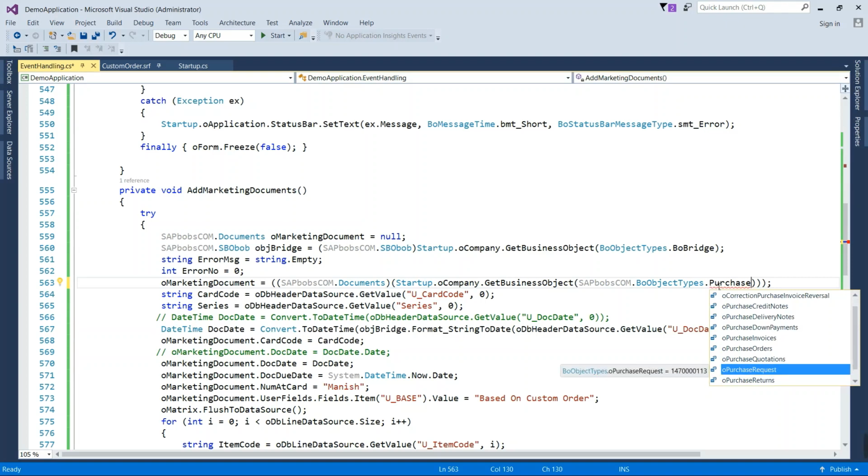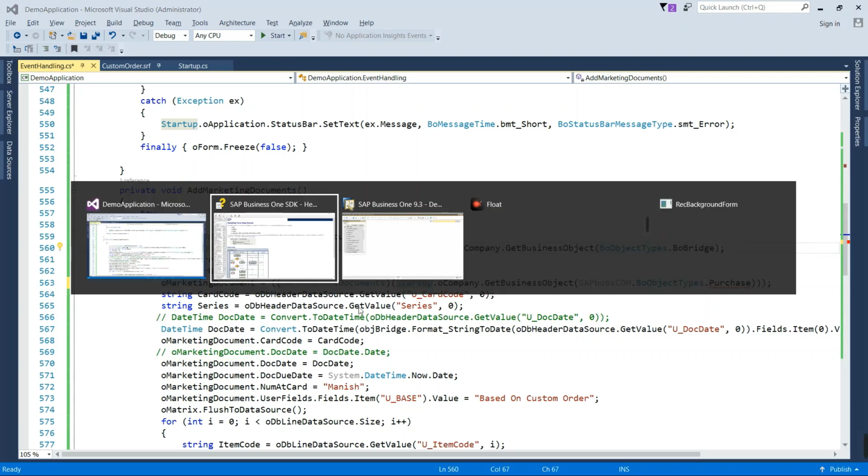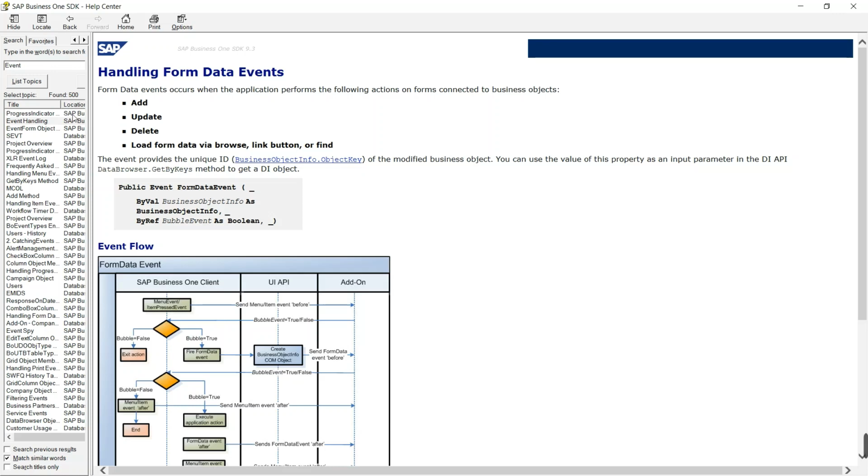With the help of this documents type of variable, you select the particular marketing document, and you will be able to create that marketing document and add it through the DI API. Let me show you, apart from the marketing documents, how you can create other documents through the DI API. Let me introduce you to the SDK part here.